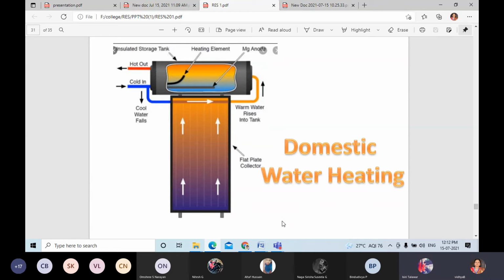As we can see in the domestic water heater, a solar domestic hot water system uses the sun's energy collected by a flat plate collector and transfers the heat to water or another liquid flowing through it. This usually complements an existing electric or gas hot water system to reduce our utility bill and provide approximately 70% of household annual hot water needs.